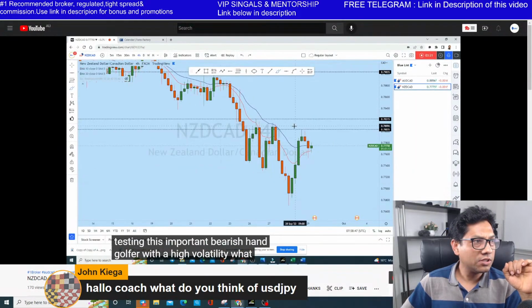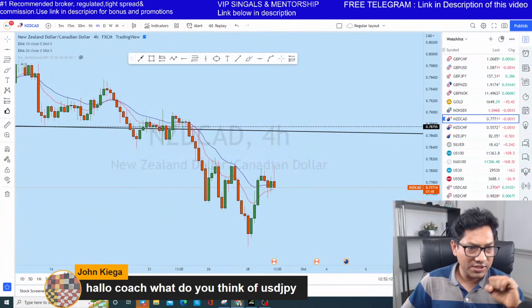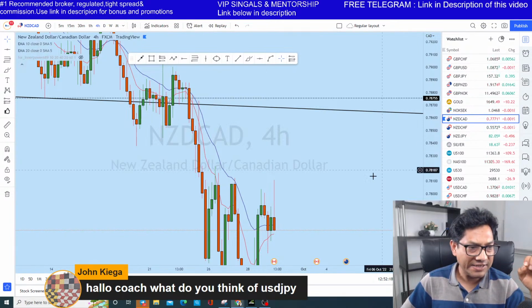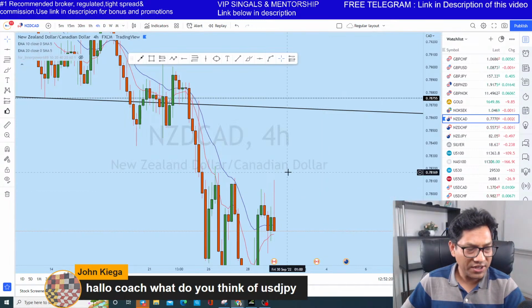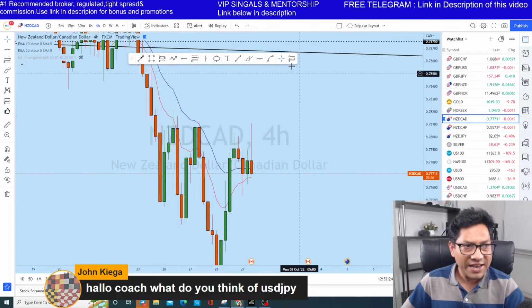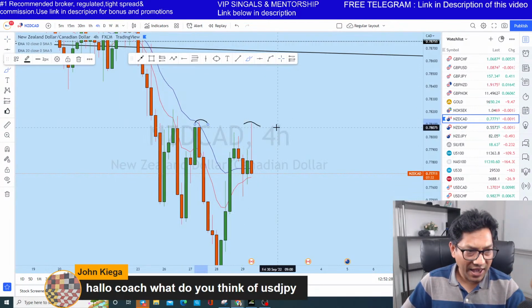Okay. So now let's go back to the real chart and see what happens. And look at this, what happened. What did NZD CAD do? At resistance, it did exactly what was mentioned in the analysis. You see that when it created a lower high, exactly from that point NZD CAD had a strong rejection.